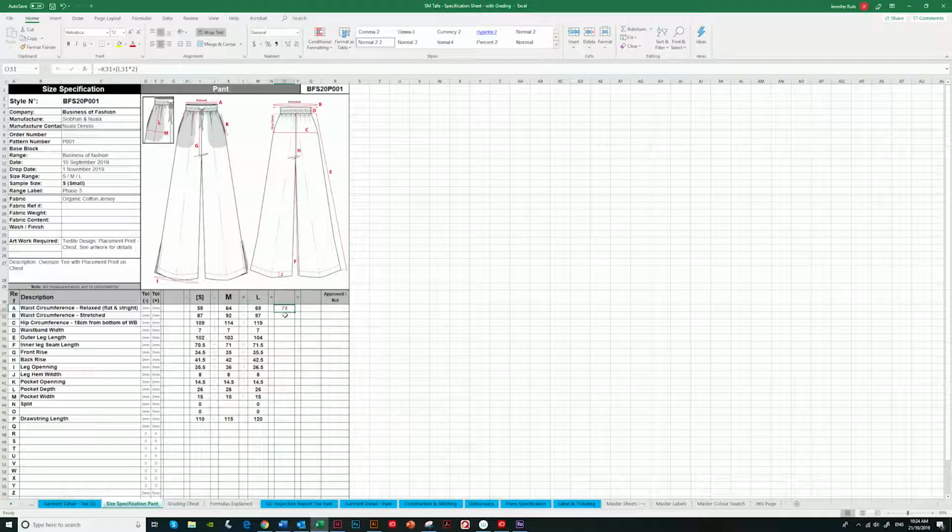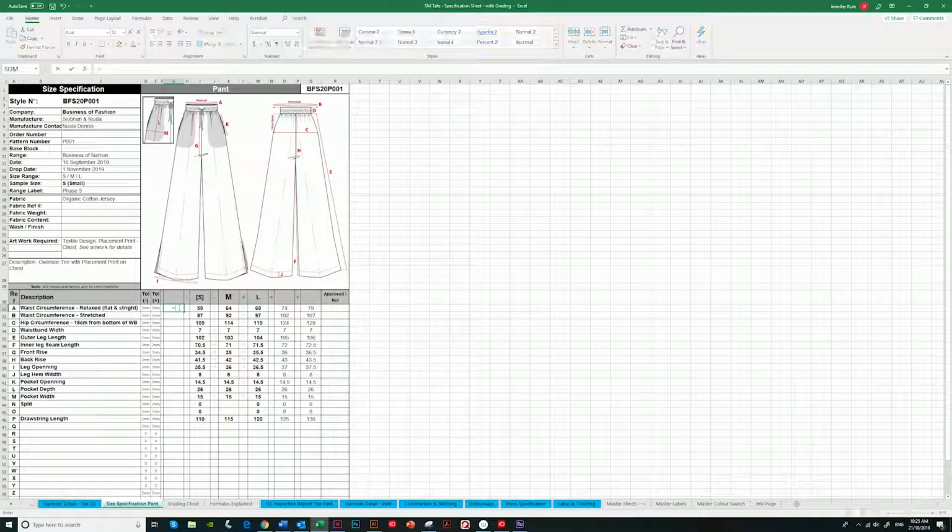Okay, so on here, let me do it one more time. So equals the original amount plus brackets to partition the increment times 2 close of brackets and hit enter. So I'll just quick format that. Let me do it on a bigger one again. So go equals the original measurement plus brackets to partition the increments times 3, 3 times bigger, close the brackets, enter. So you can see on this one, it was 3 times bigger. Okay, so let me fast format that